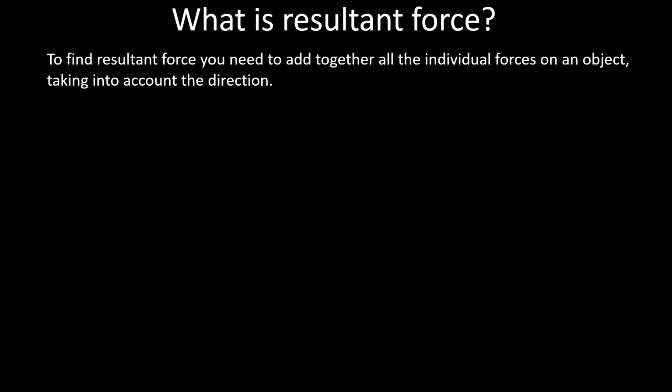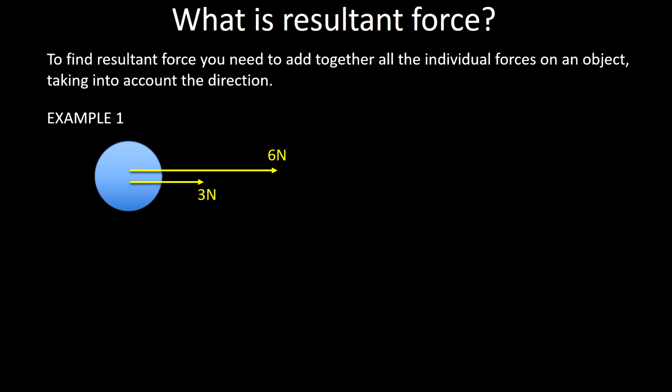Well, in order to find resultant force, you need to add together the individual forces on an object caused by real interactions, and you need to take into account the direction. So the easiest way to illustrate this is to show some examples. So we'll start simple and get a little bit more complex. So first example, an object here with two forces on it, 6 newtons and 3 newtons, both pointing to the